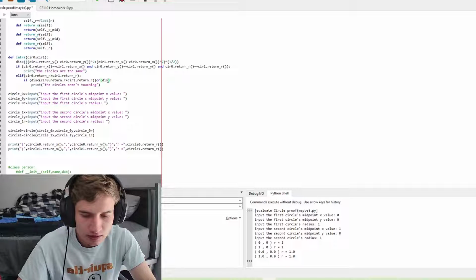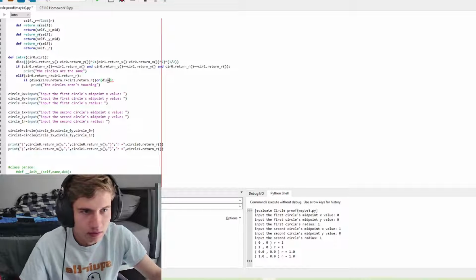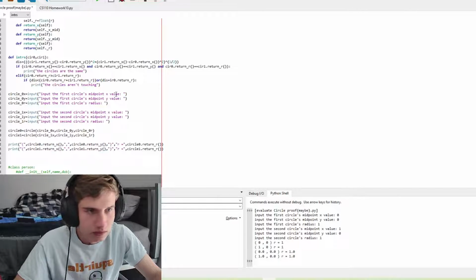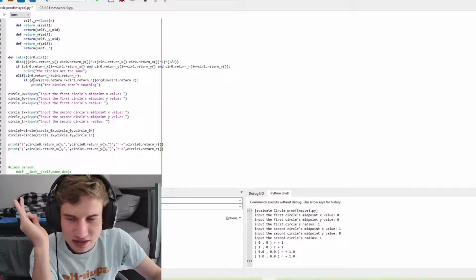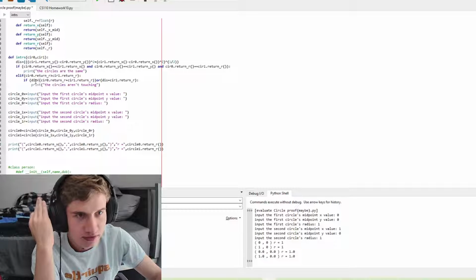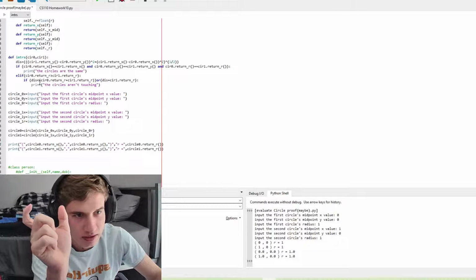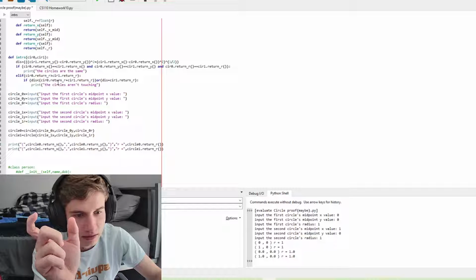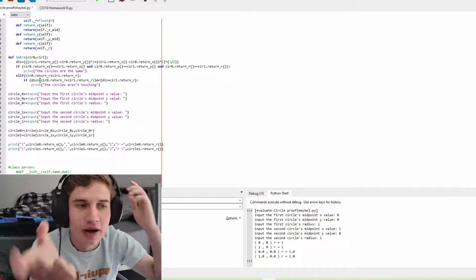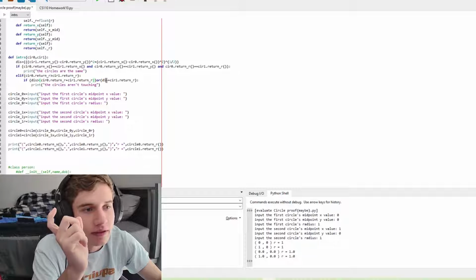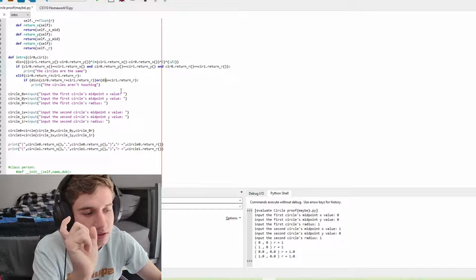Distance plus... so the first one's the bigger one. If I'm just going to say this in normal words to make sense: if the distance from the two midpoints is less than both of the radii combined, no. Yeah, if the distance is greater than both of their radiuses combined, or the distance plus the smaller one,